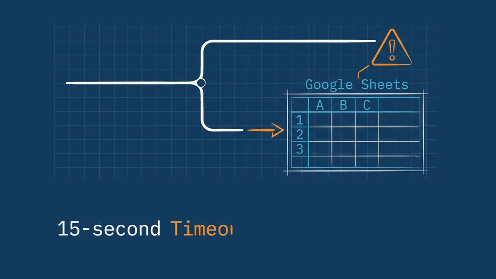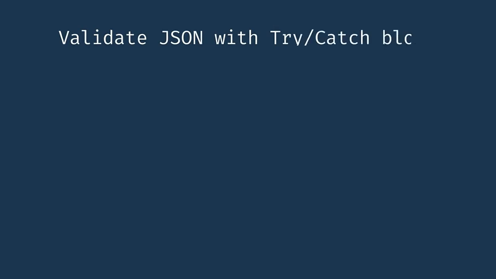Now, the edge cases you need to handle. LLM APIs time out. Set a 15-second timeout on each HTTP request node and add an error branch that substitutes a null response so the aggregation node always receives 3 inputs even if one fails. Model output formatting breaks structured parsing more often than you'd expect. Validate each JSON response in the code node with a try-catch block and flag malformed outputs before they corrupt your